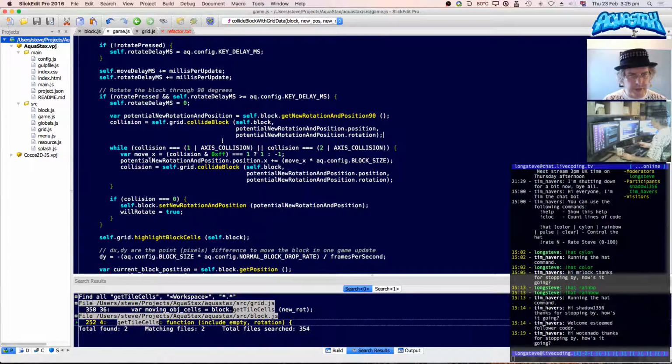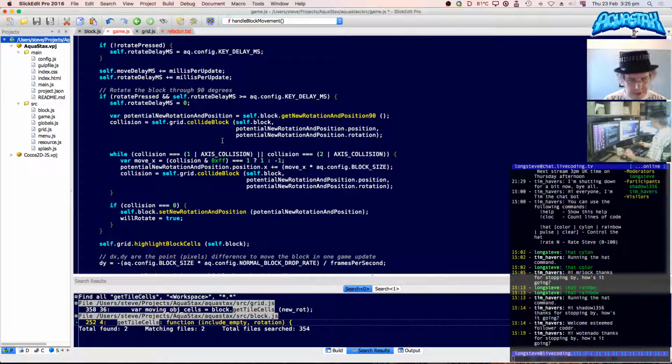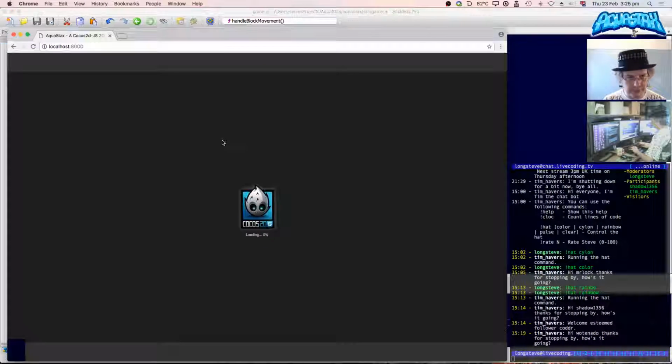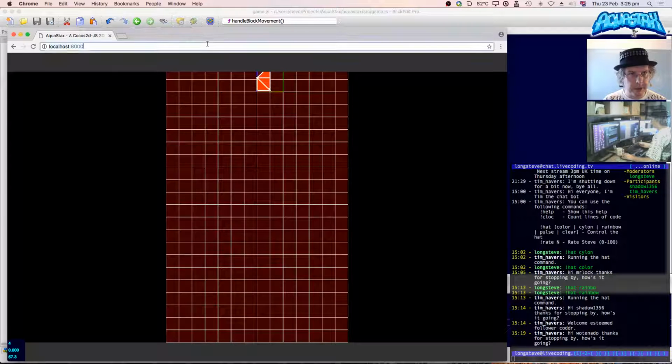So what we kind of want to do is just look at that collide block. Okay. Comment that out and force the scenario where it's going to occur. So debug it.